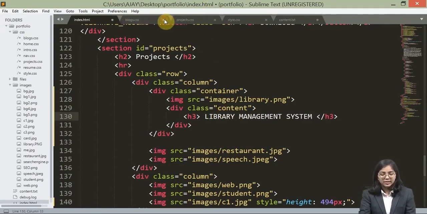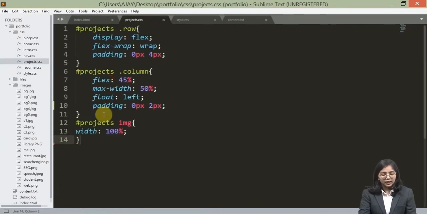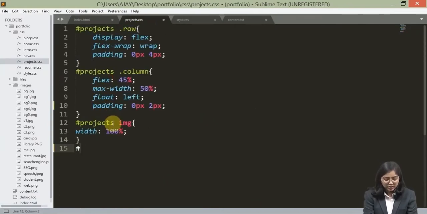Now let's go inside the styling. I'm going to use the ID name, since I have used the class name container quite a few times, and I don't want it to adapt to those styles at any cost. That's why I'm using the ID as the parent and the class name container as the child. So here's the container. Now we are going to enter some styling over here. First we are going to give it some position.